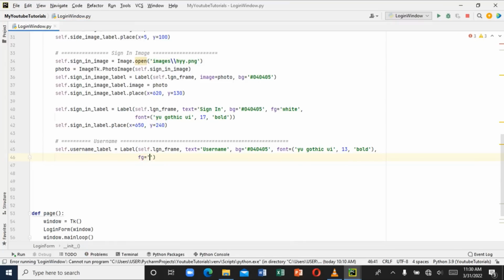Let's give this one a foreground of. I also have another color code in mind. You can also use any color of your choice. So let's say E for the